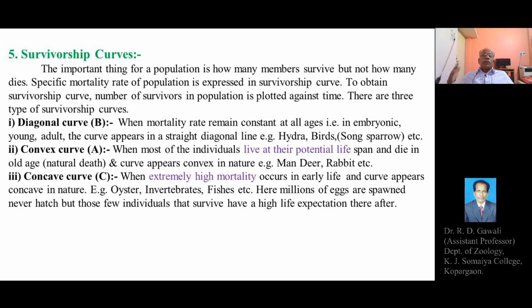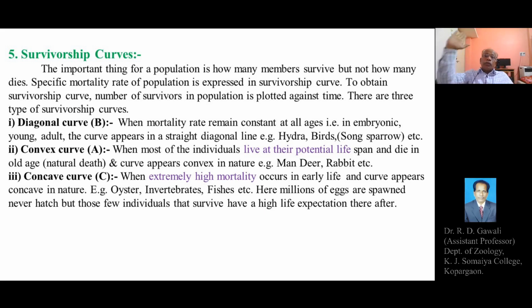Then the convex curve, when most of the individuals live for their potential lifespan and then die in old age, meaning when there is a natural death, the curve appears convex in nature, for example in man, deer, or rabbit. And in the third type of survivorship curve, the curve is concave, and this is because of extremely high mortality occurring in early life. For example, oysters, many invertebrates, and fishes, etc.,